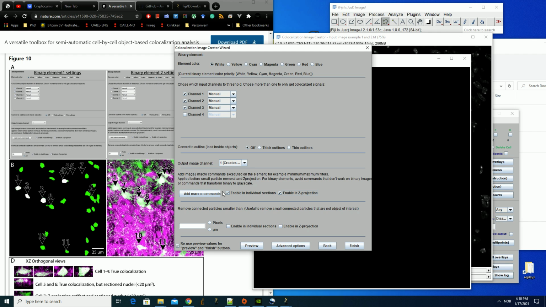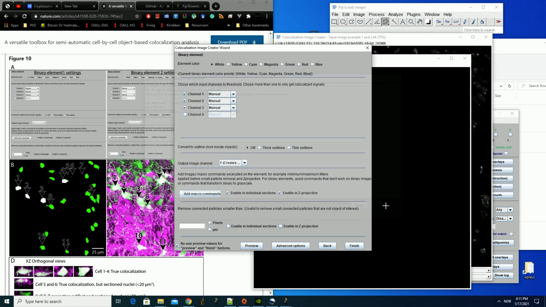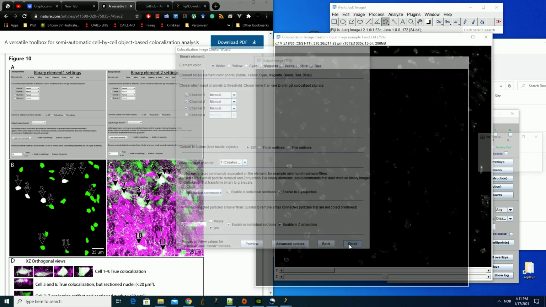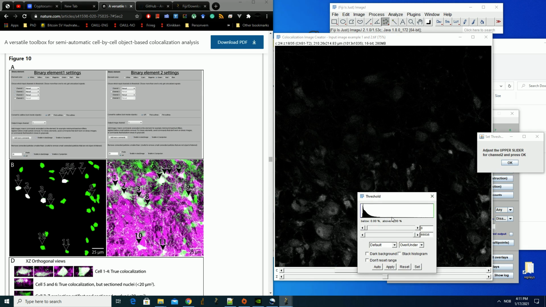And we want to apply some filters to this output: a minimum filter, and we want to fill holes if there are some pixel holes in the objects, and we remove small objects that are smaller than 20 square micrometers. Click finish, set the threshold. It's generally a good idea to include a bit too much signal than too little, because most of this will be filtered away by the minimum filter that we had,